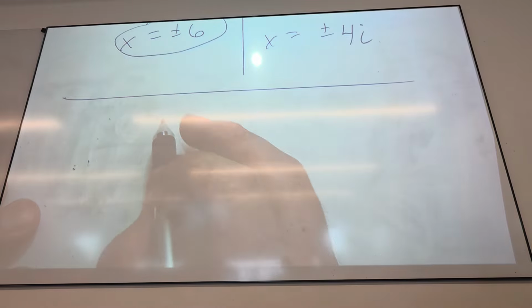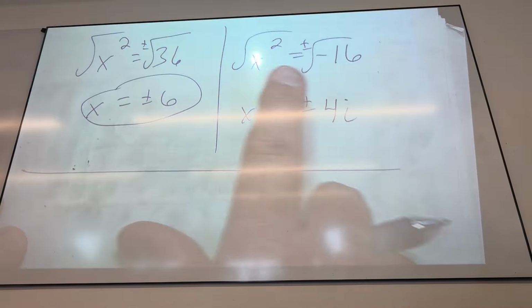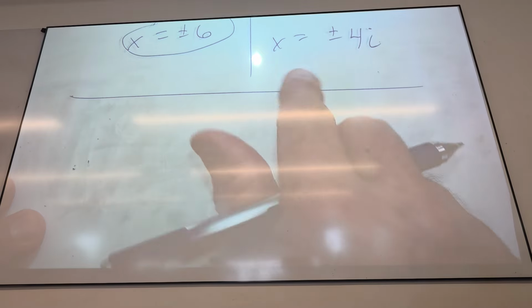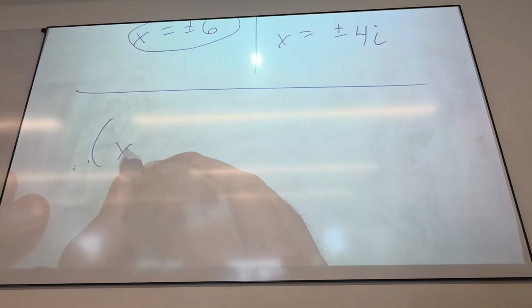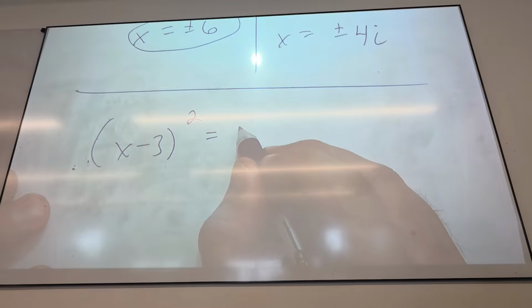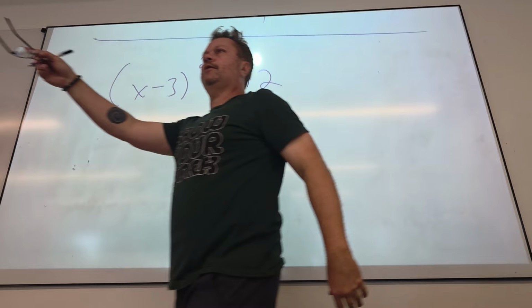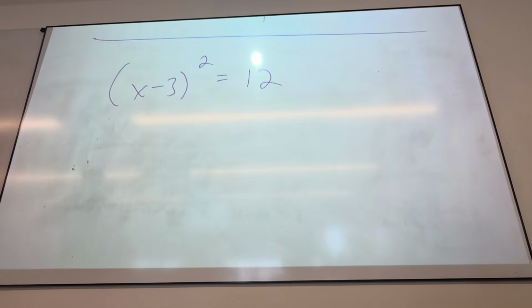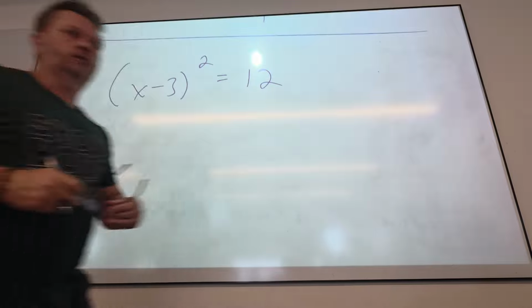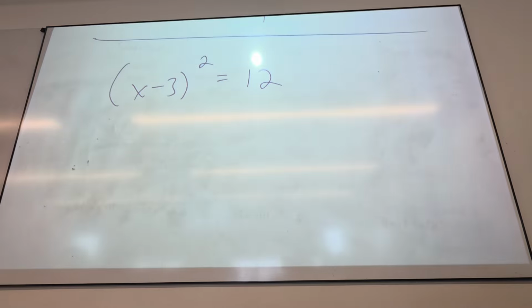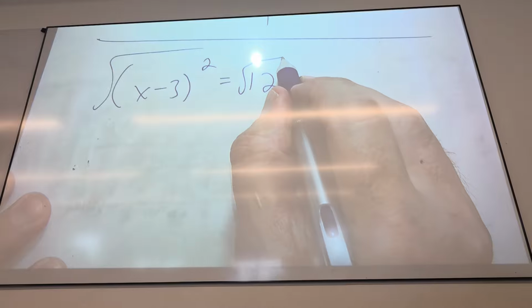So let me show you one more thing here. Do you see how it's okay if I get real or complex? I mean, it's the same steps. So what about this? I need you to start to understand. Would you FOIL this out? Do you see how you shouldn't? Where's my x? It's inside of a square, correct? How do I get it free? Same thing we just did. Take a square root, right? I could FOIL it out, but that's the long way to do this problem. Take a square root of both sides, and the minute I do that,